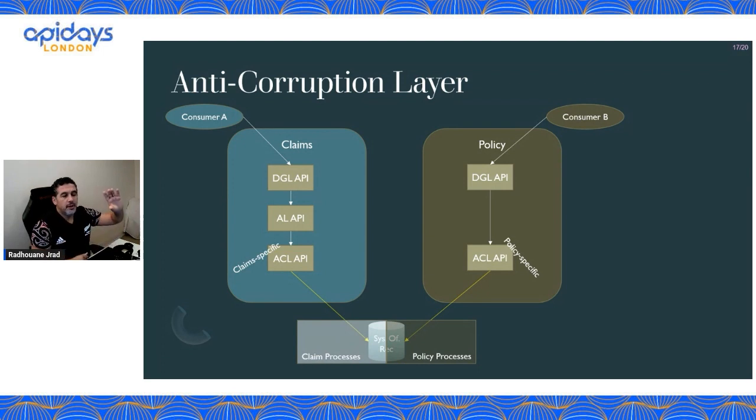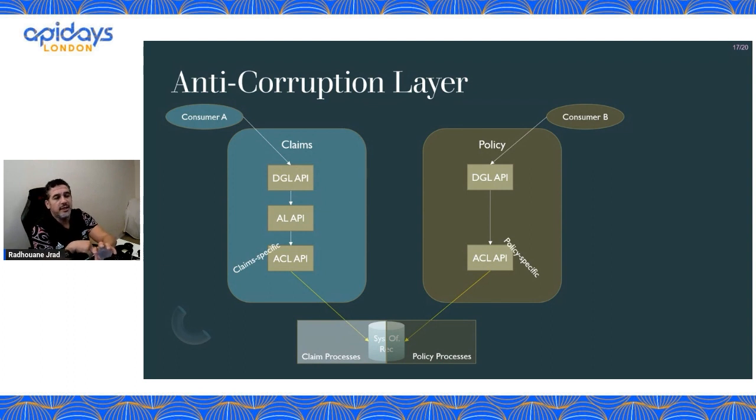The claims APIs know they can only search in these rows, if you want. Same with the policy domain. Ideally, you would separate them, because if you remember the customer box, everyone has its own database, but it's not sine qua non. You can get on with your DDD, and we did that. So we don't have to rush the company into modernizing everything. And when they modernize, it's very easy.